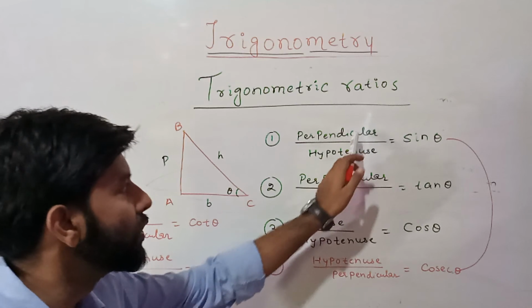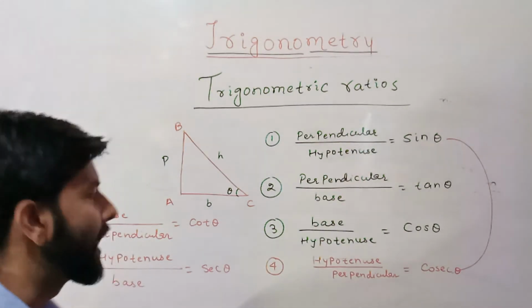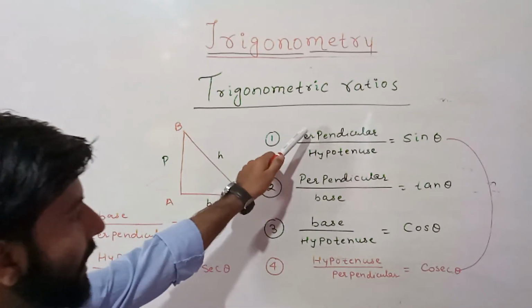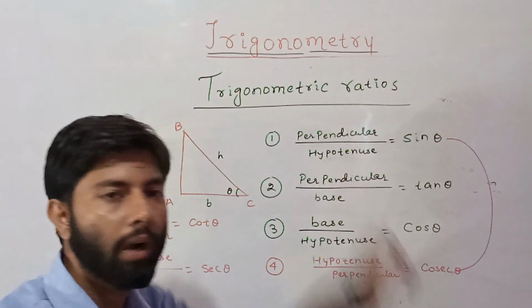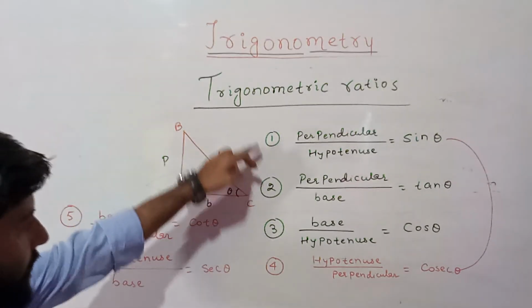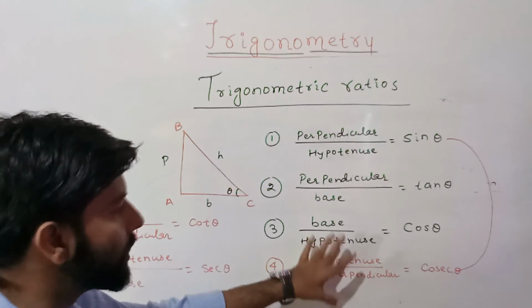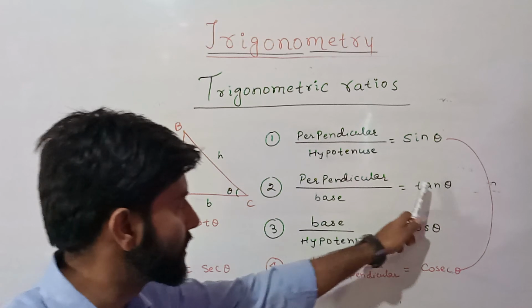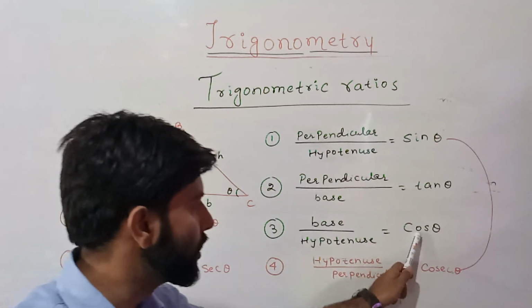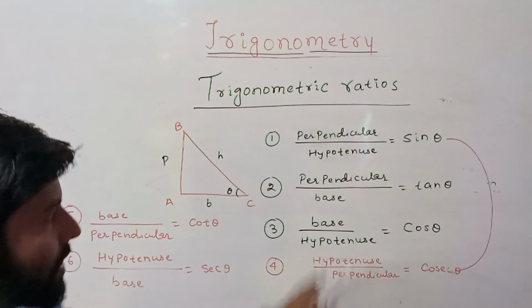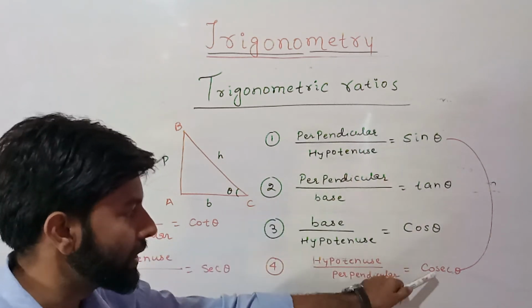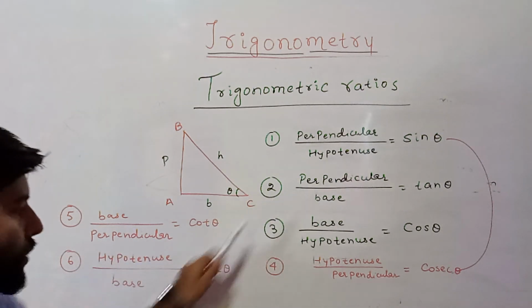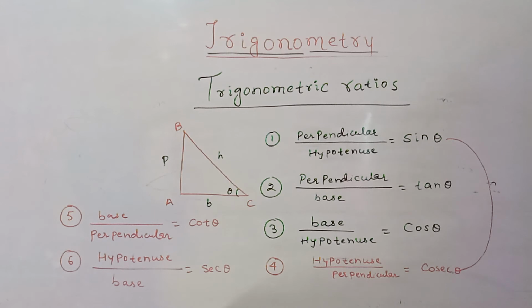So here you will see there are six different functions I have written, and each is actually the ratio of two different sides of the right angle triangle. So you can now understand how I am relating the sides with respect to the angle. So this was the ratio that you have to learn: sine of theta means perpendicular upon hypotenuse, tan of theta means perpendicular upon base, cos of theta means base upon hypotenuse. Sine theta and cosec theta are reciprocal to each other. In a similar way, tan theta and cot theta are reciprocal to each other, and cos theta and sec theta are reciprocal to each other.